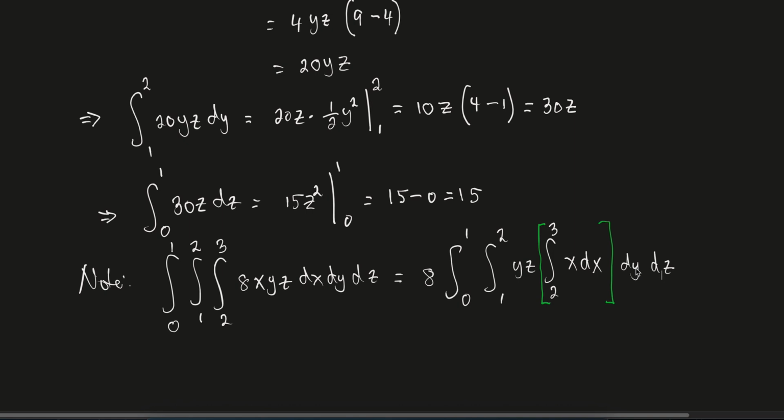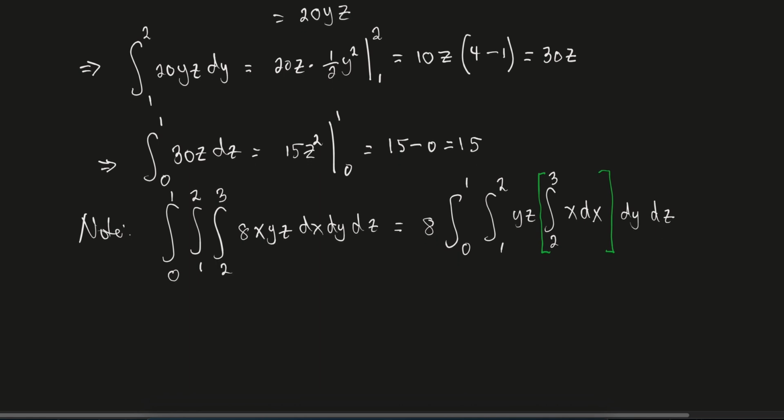So just like how I was able to factor the number 8 and pull it all the way out and put it in front of the integral from 0 to 1, I can do that with everything I have boxed there in green. I can take that whole green thingamajig and put it right beside the 8, and it looks like this. So I'll have 8 times, and then the first integral is from 2 to 3 of x dx, and then times. There's going to be a times now, because think about what's left after I take what's in green. In fact, let me write it down so you'll see,